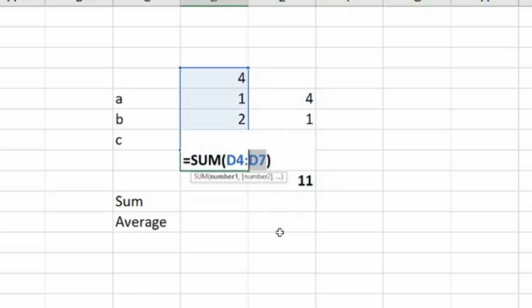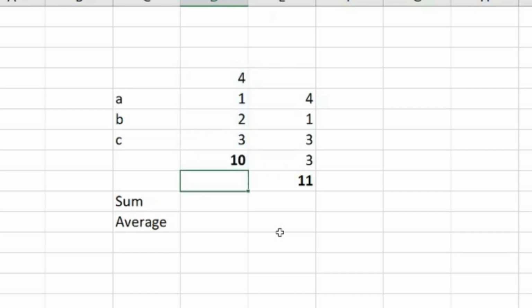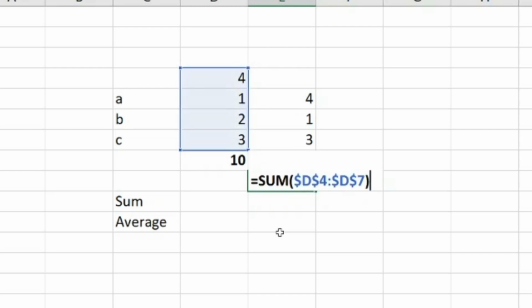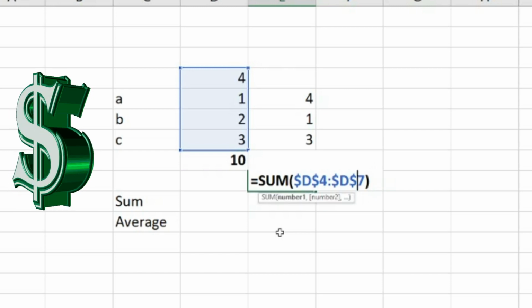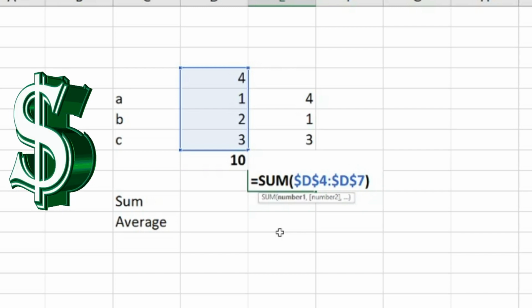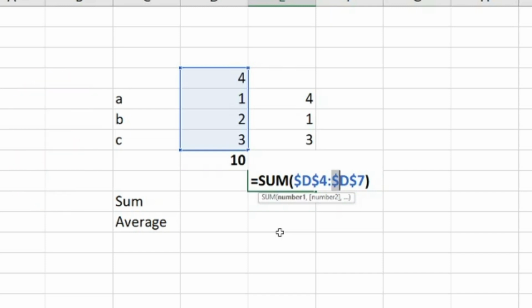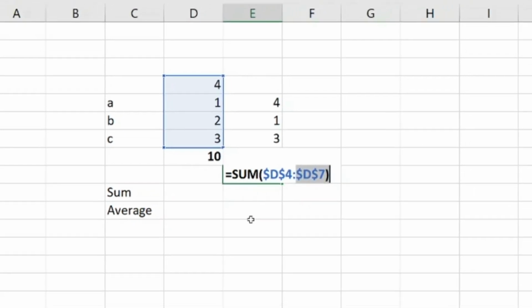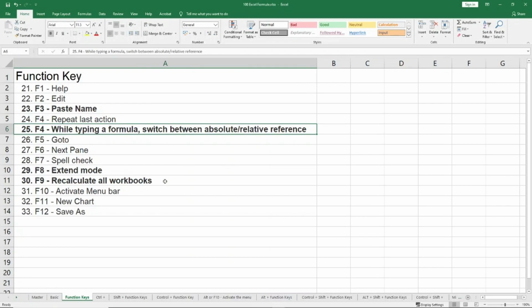But if I go here and hit F4, it will lock the reference, which means it will make them absolute. So if I now copy and paste it here, it will show me the same ranges. I always like to make fun of it and say that I have given money or a bribe to the cells. So when I give the dollar sign before 7, I'm basically saying, okay, you will not move from the row 7. And when I'm giving it to the D, now the cell will not move from column D. Hence, wherever I go, since I have paid them money, they will not move and they will stay here. This is how I try to remember it.